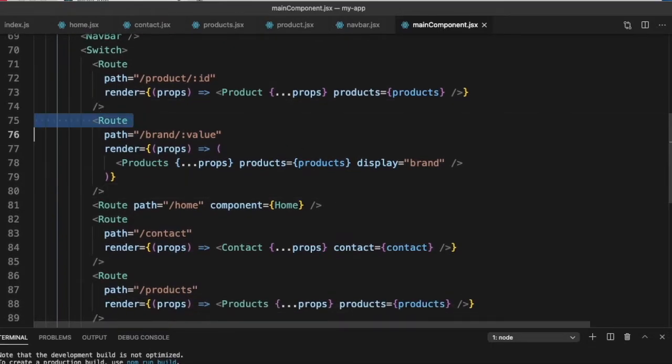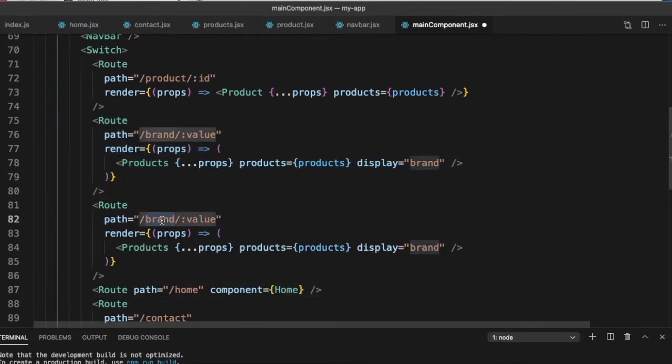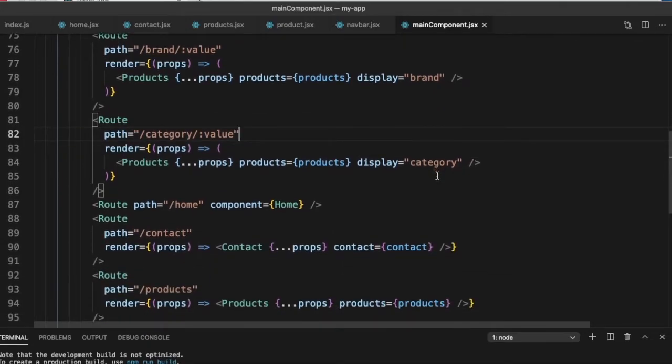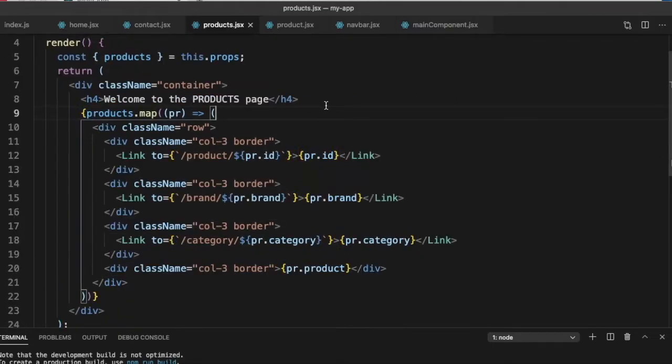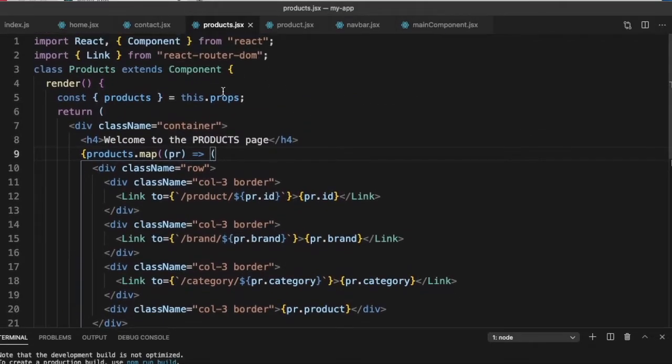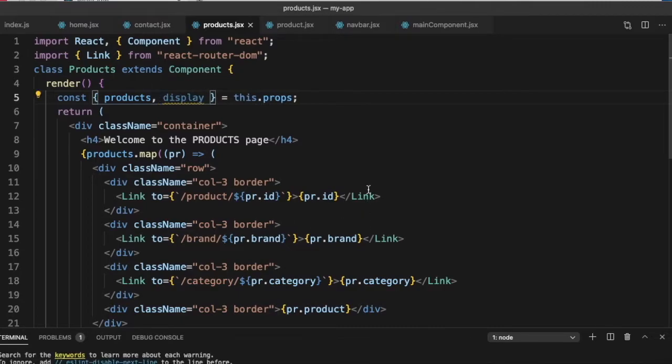Let's do it for category. So I'll just copy this route, category, and in that case, let's just call it display is equal to category. So we are displaying it based on the category, we are displaying it based on the brand. Now, if we go to our products page, in our products page, we will get products, comma, display as props.